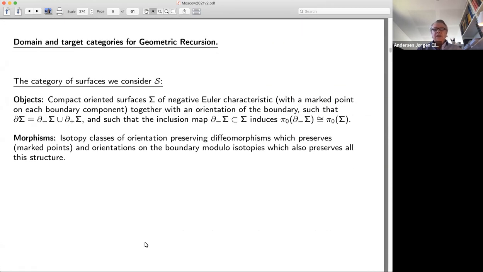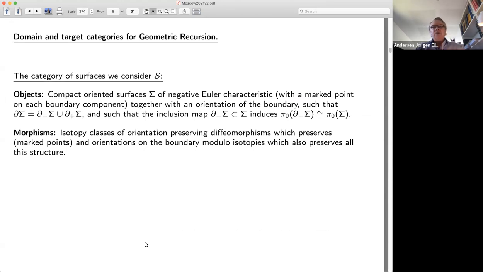And now let me try to be a little bit more specific about which precise category of surfaces I want to consider. And so actually I want to have in mind two variants of this theory. But what's going to be common to all of it is that I am going to consider, at least in the first part of the talk, compact oriented surfaces of negative Euler characteristic. So they are smooth surfaces but with boundary. And then I might have marked points on each of the boundary components. So I will consider both the theory where I don't have that and where I have it,